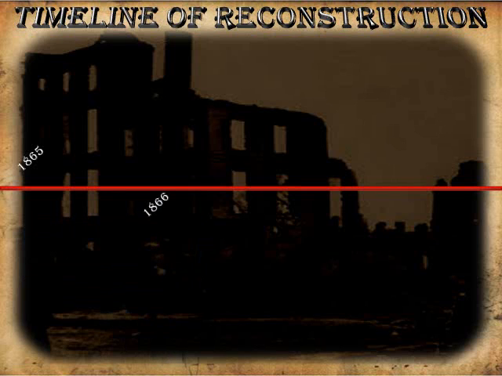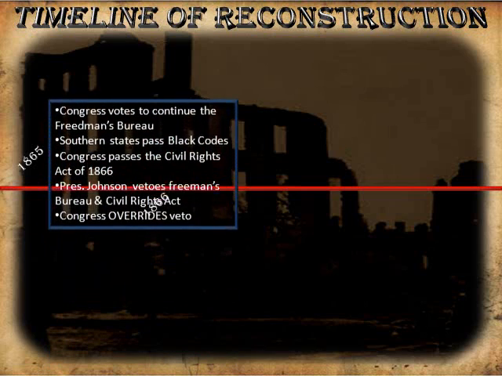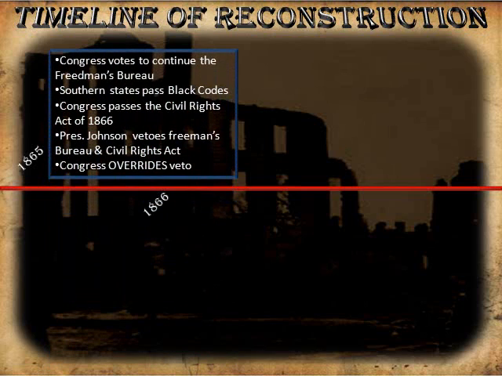In 1866, again, the beginning of presidential Reconstruction, Andrew Johnson, not as favorable on the Freedmen's Bureau, and despite the fact that he has vetoed the Freedmen's Bureau and the Civil Rights Act, Congress overrides his veto and continues to push him about the protection of African Americans in their rights. And this is a struggle again between the legislative branch and the executive branch.